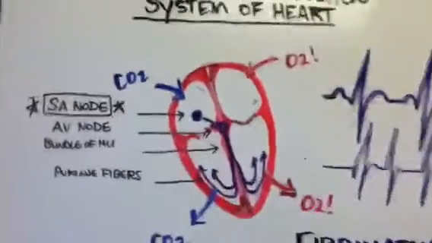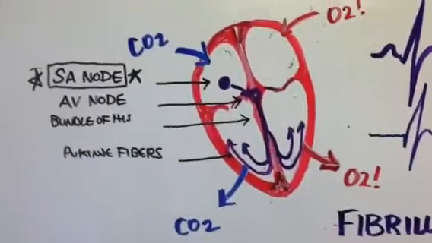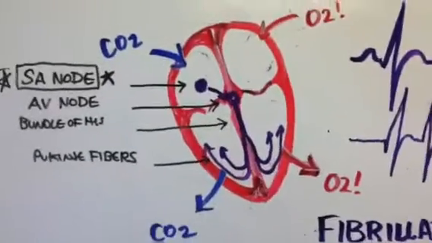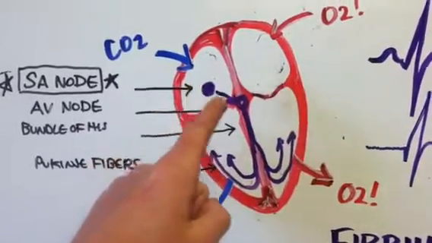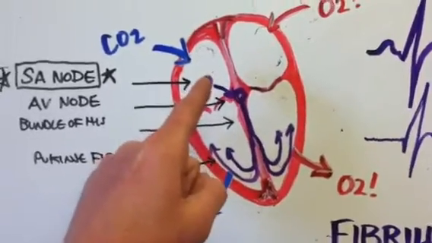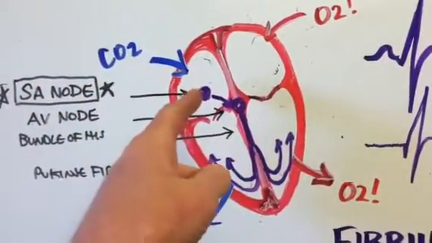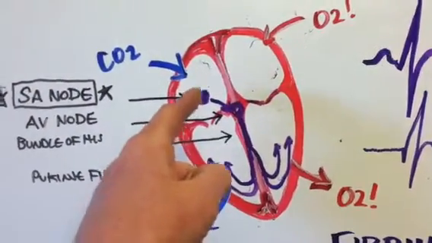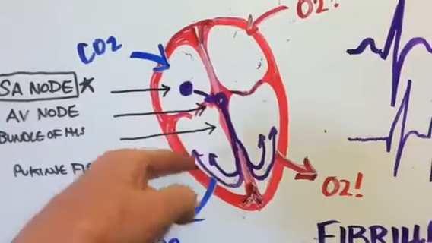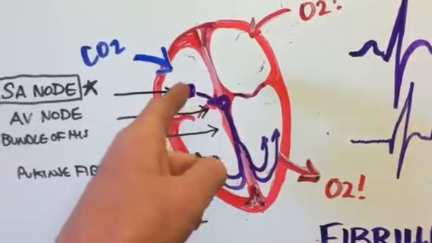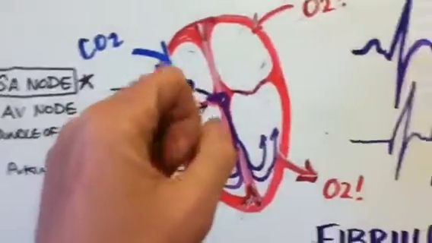So if we have the heart again with the four chambers of the heart, it just happens that this is where these cells lie. But the initial impulse for each pump of the heart originates, if all is healthy and normal, in the SA node. The names don't really matter so much, but the SA node is in the right upper chamber. It's kind of like the general who is telling all the little foot soldiers what to do, or some version of that. So what the SA node does is each time the heart wants to pump, it will